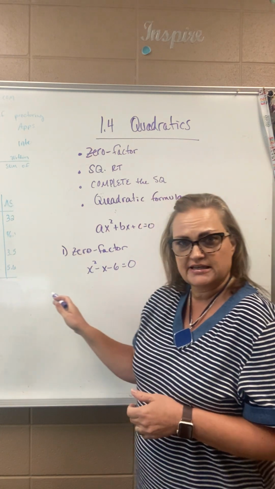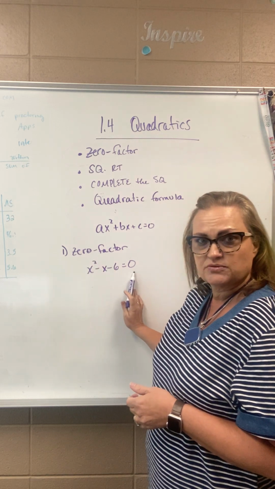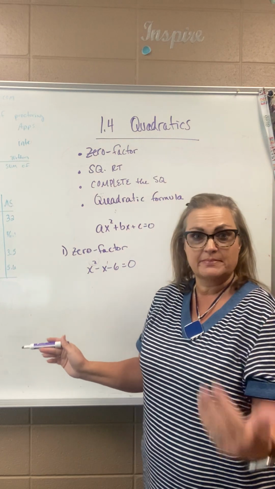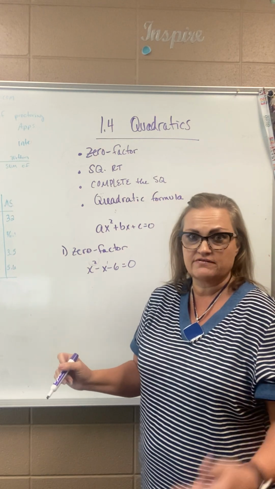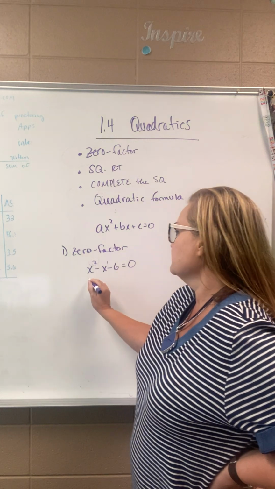So if we look at this example, this is a quadratic equation, x squared minus x minus 6 equals 0. It's second degree. It has a first degree in it as well, but you go by the biggest exponent, that's the degree of it, and that tells you it's quadratic. So this one will factor,